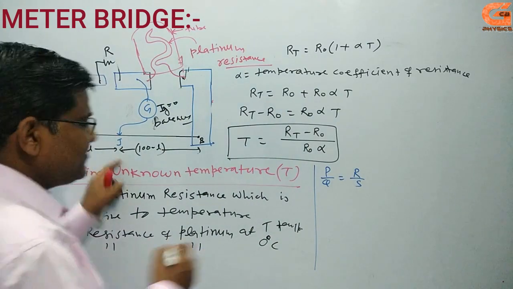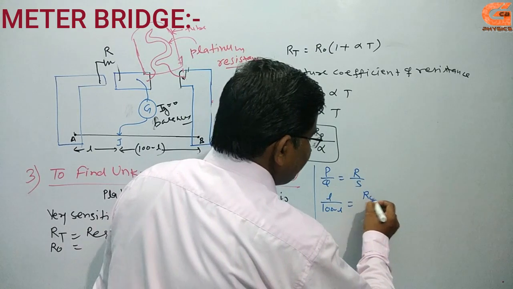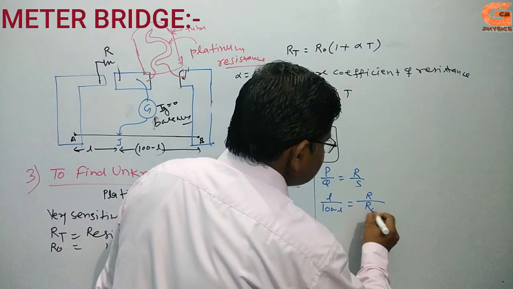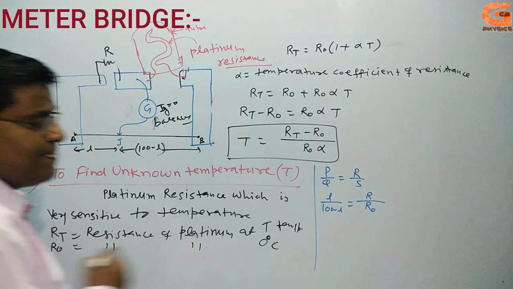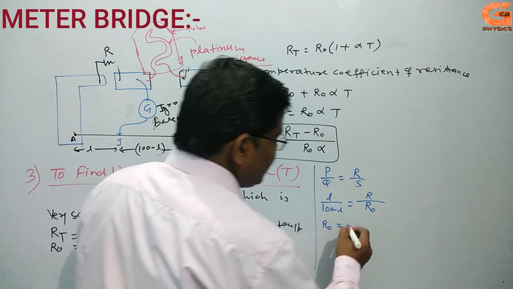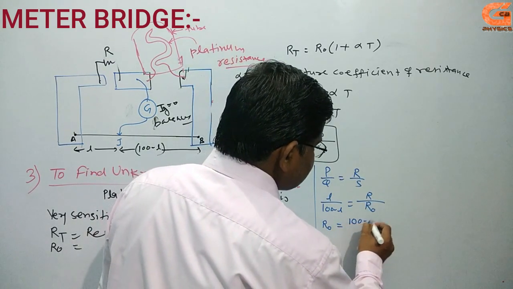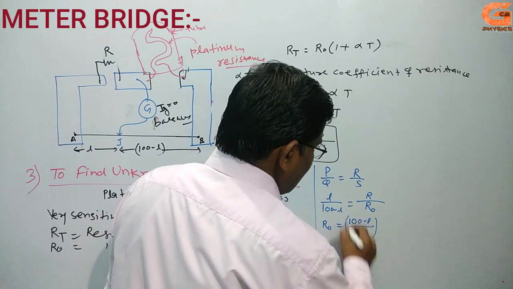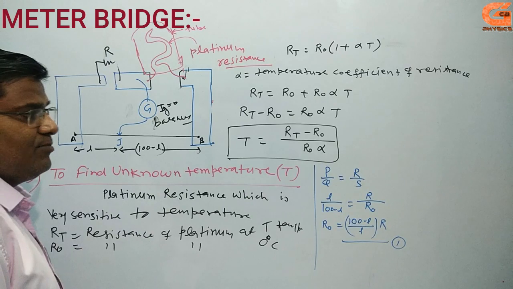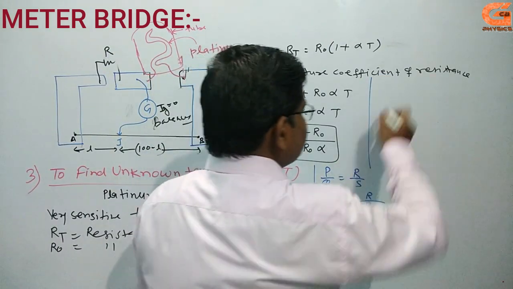P by Q means P is L and this one is 100 minus L, and this is a known resistance R and the unknown resistance is R0. Okay, then R0 is the resistance at 0 degree centigrade. It means R0 is (100 minus L) by L into R. Simply you can find it with the help of a meter bridge, and again using